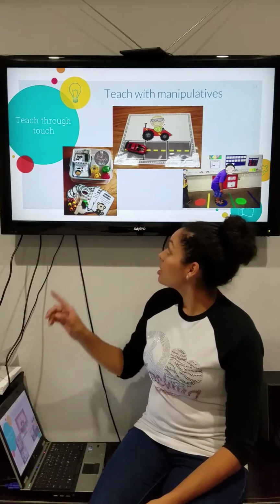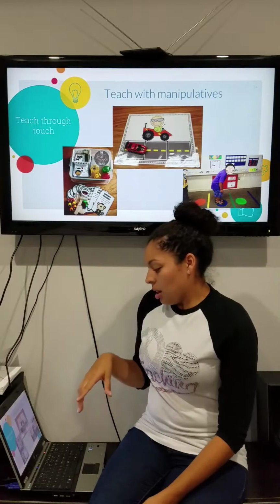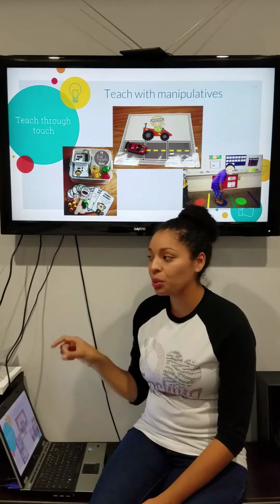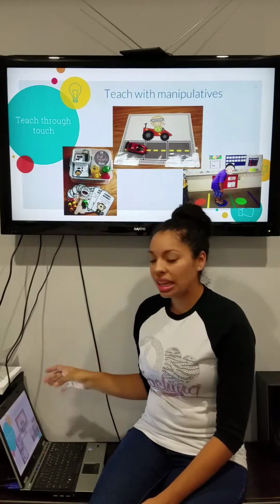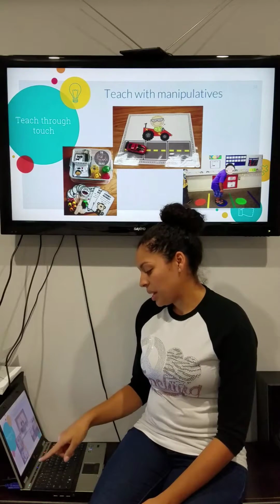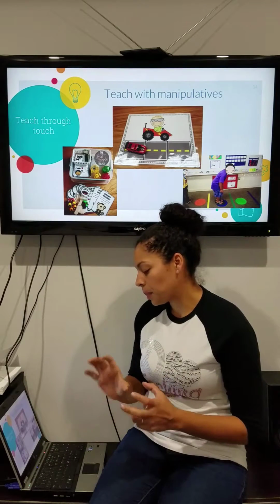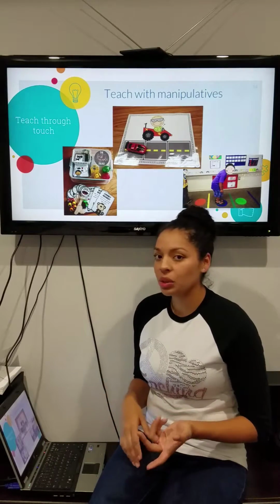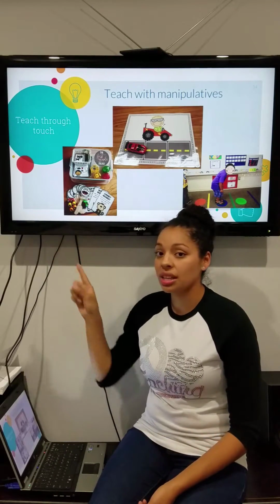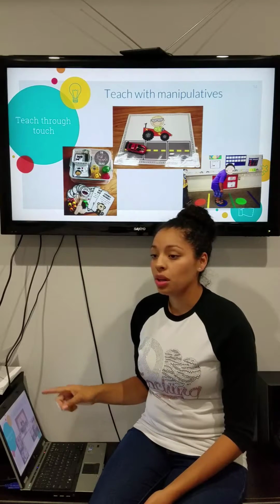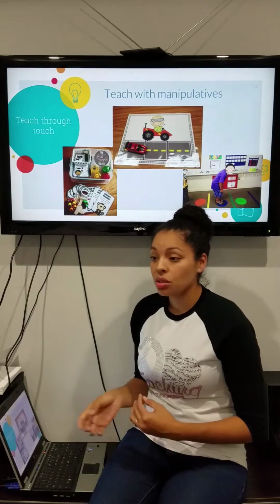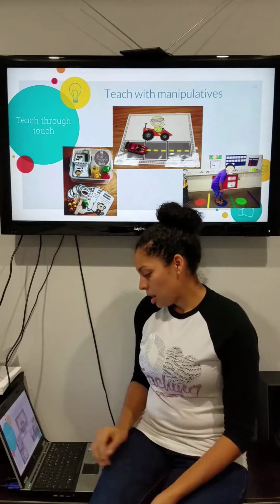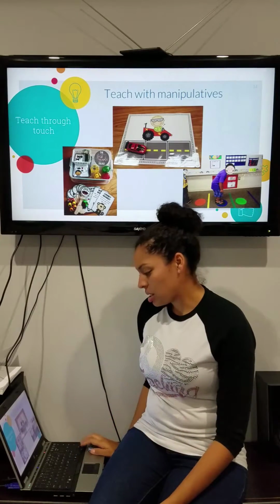So here, this is a little mat that we use for CVC words. They slide the car over the road to make the beginning, the middle, and ending sound. Same thing with the little basket over here. It's just a lot of literacy as we're doing our guided reading groups. And there are different strategies, like I had said before, that we need to model so the kids don't get stuck trying to sound it out at that phase. A lot of moving, a lot of hands-on stuff.